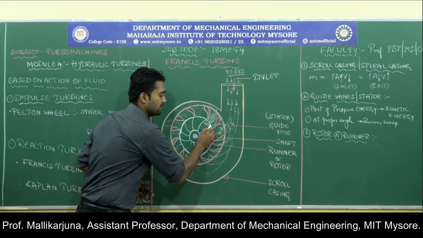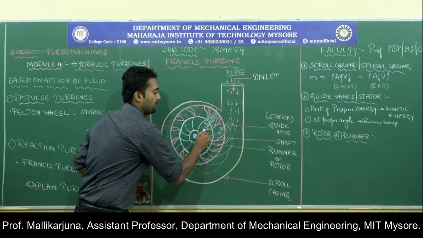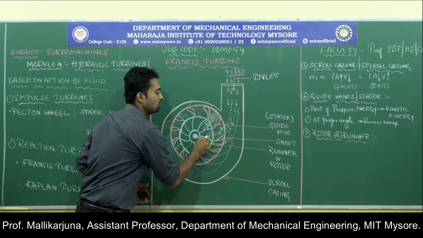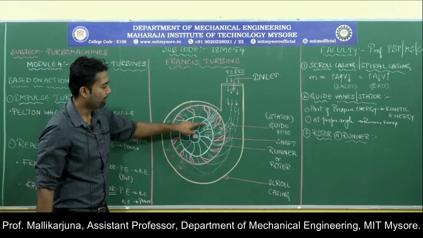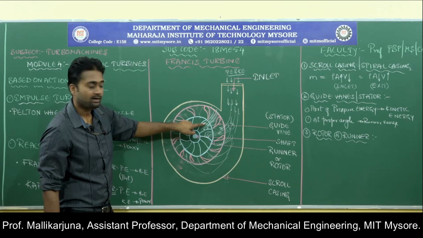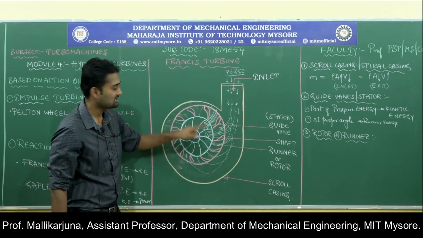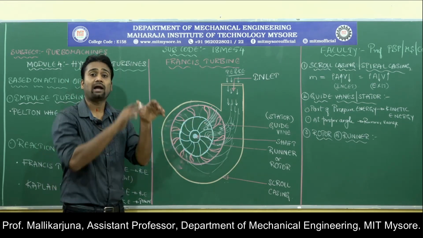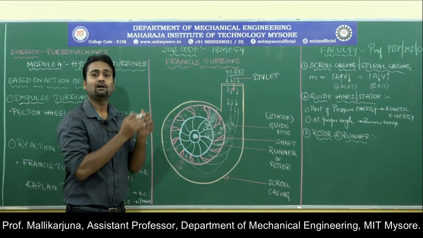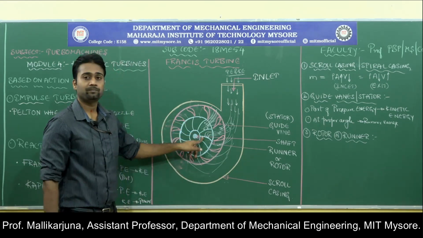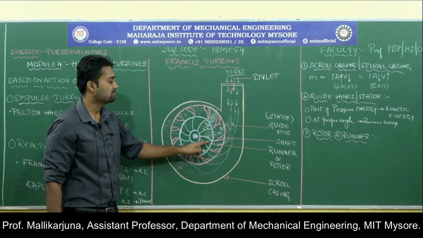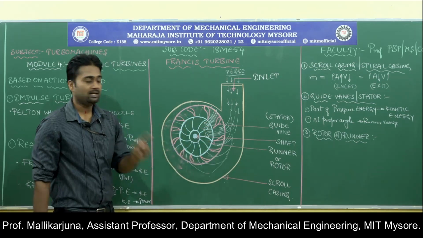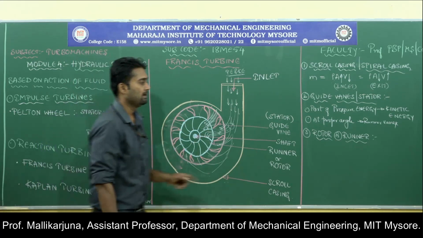Along with that, this can also impinge a tangential force on the blades. That means both radial forces as well as tangential forces are acting on the moving vane to rotate it. So these two forces are responsible for the moving vane, and then we need to look at the remaining